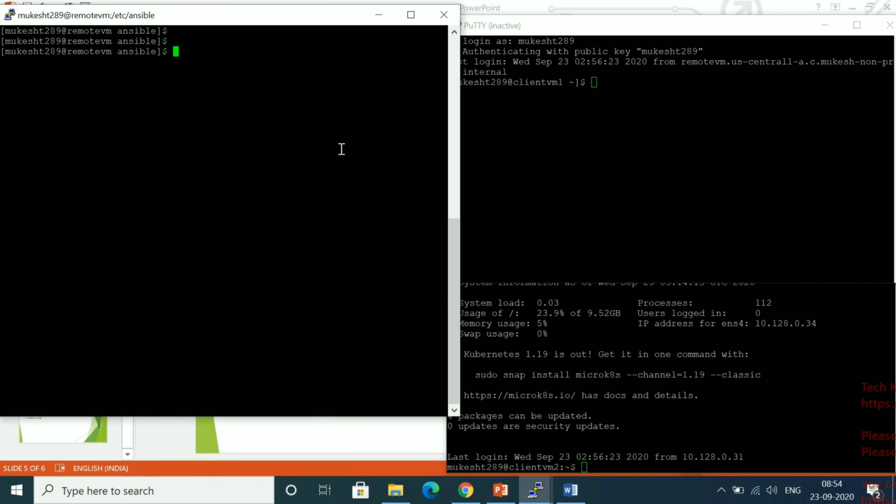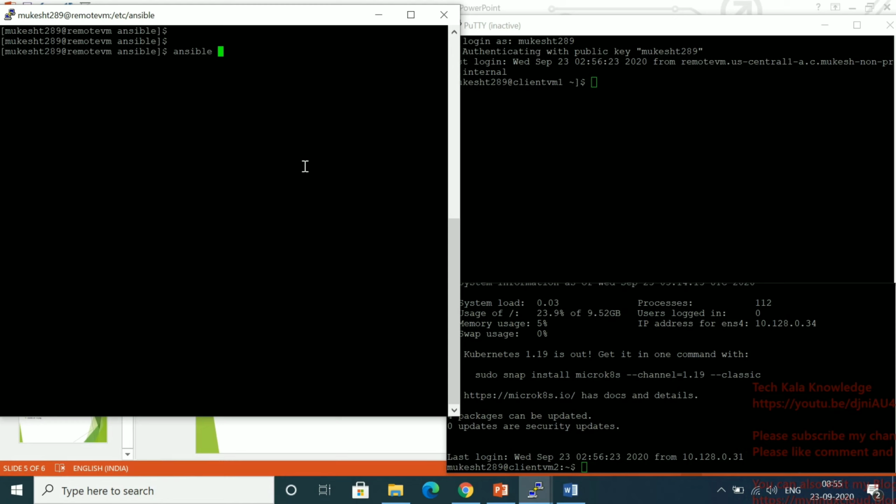So now I need to run the Ansible ad hoc command, and with that ad hoc command I need to check system connectivity, like whether my client server is up or not. So what I will do, I have to type here ansible, space, then you have to type your client server name.